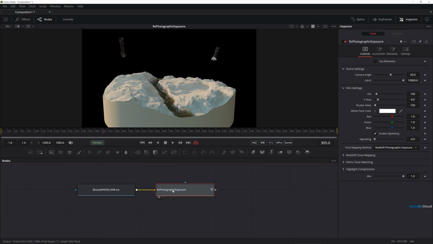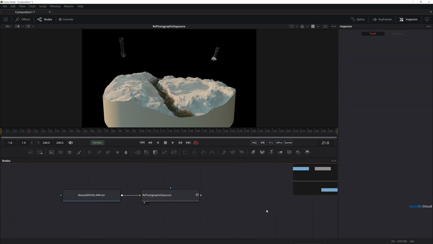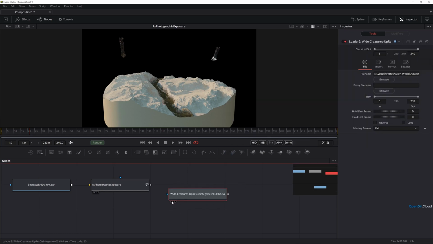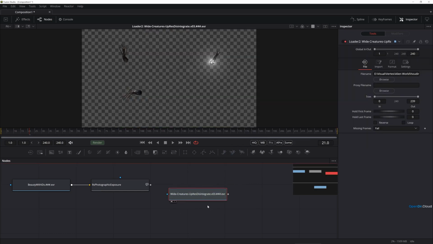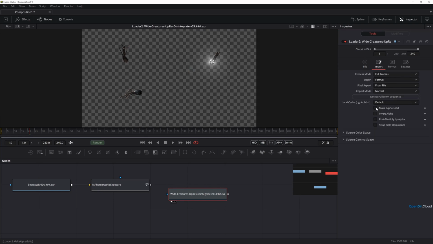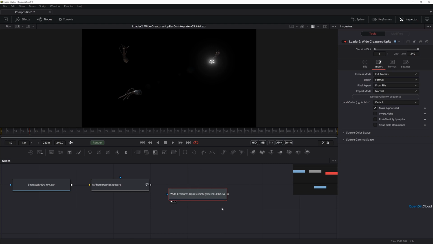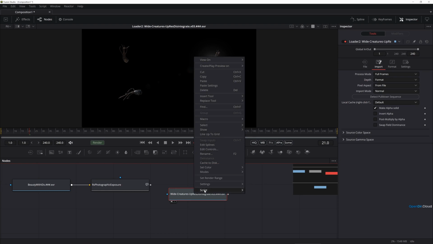Now, while we are talking about compositing here, I can quickly show you that workflow to subtract the beauty aux from the beauty to get just the post effects component. So I'm going to pull in one of my creature renders here, and let's display that. And I'm going to make this alpha solid. And to access the extra channels in this EXR image for those AOVs, I'm going to right click and go